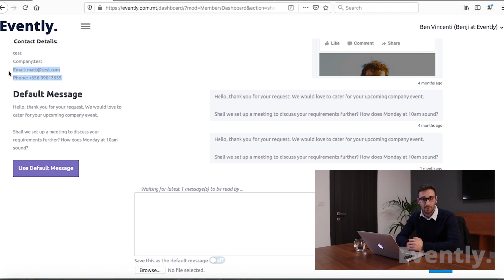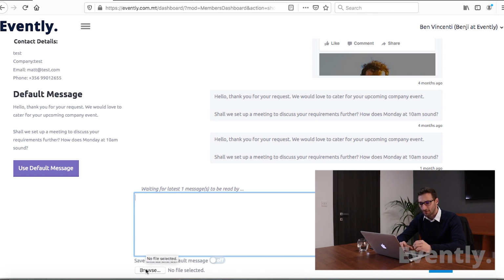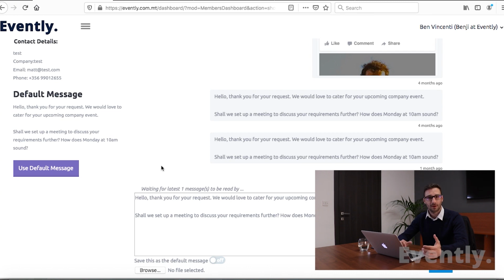You also, on the left here, have access to their email and their phone, so you can go ahead and call them if you wish, which we recommend you do because it gives that personal approach. And you can also have stuff like tracking, if they read your message or not. You can upload any file you want from the browse button, and you can even use a default message to save time. It really is that simple. The whole point of the screen, of course, is to build correspondence with the client, try to get a meeting,